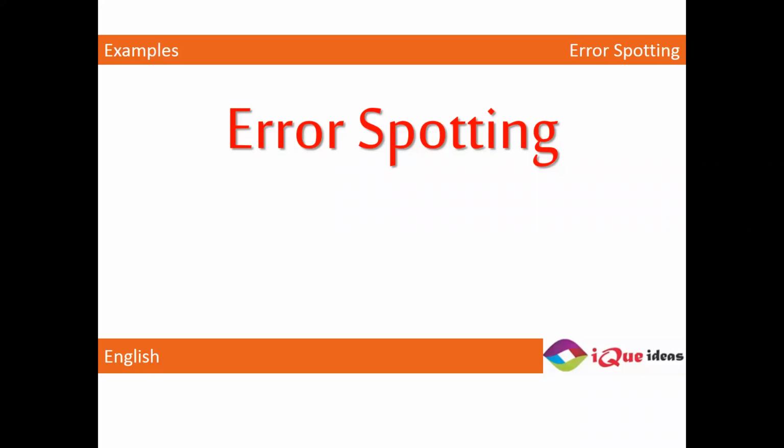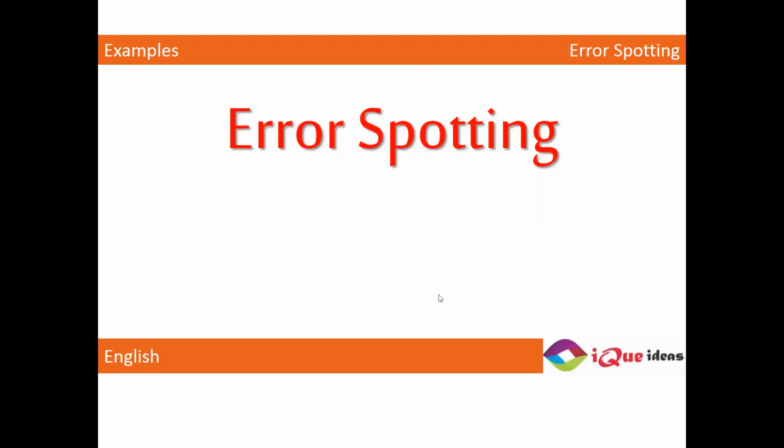So today we are going to do yet another round of error spotting, which is basically part of grammar, right? You're given a sentence, and there could be an error in the sentence, and you just have to go through it. As usual, we'll be doing it in the form of an exercise where I'll be showing you the question, then we will identify the error, and then we will see what the error is and how best it is possible to correct it.